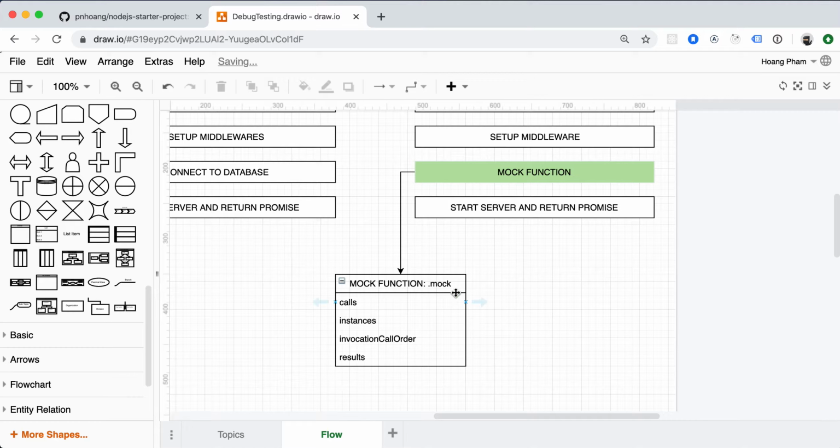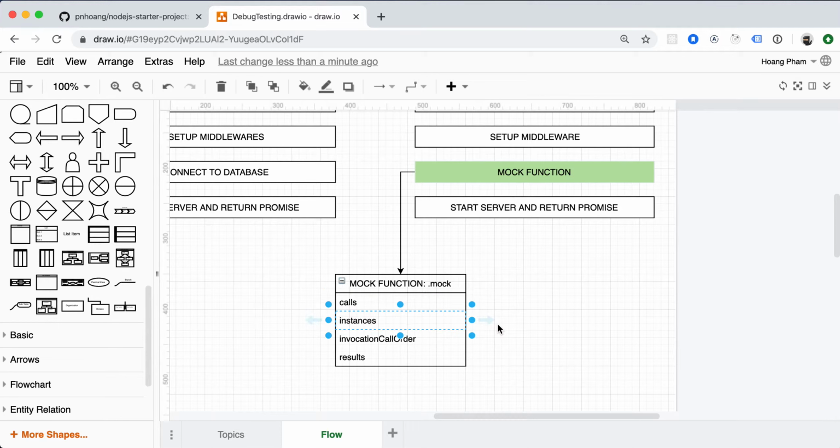With .mock properties, it has calls, instances, invocation call order, and results. With the calls, we can record how many times the function got called and with what actual parameters. The instance,